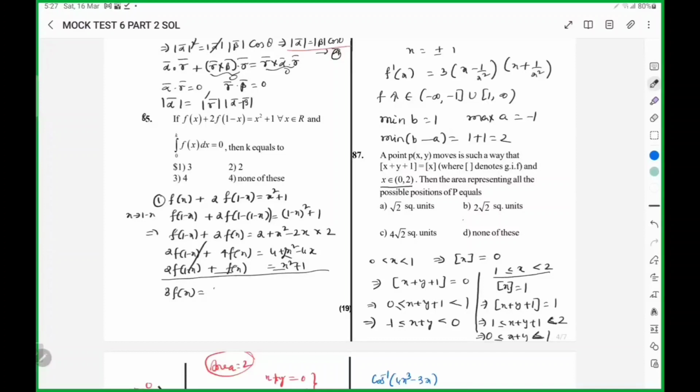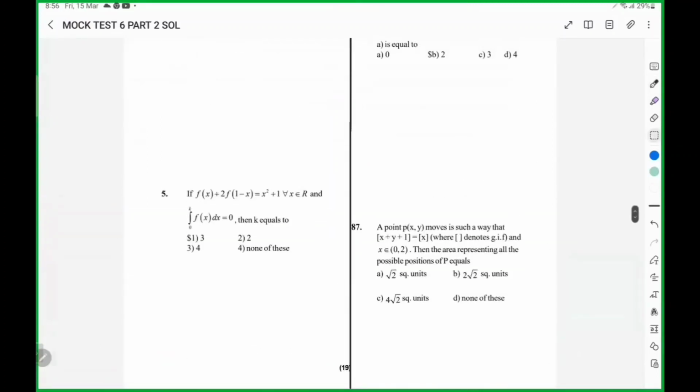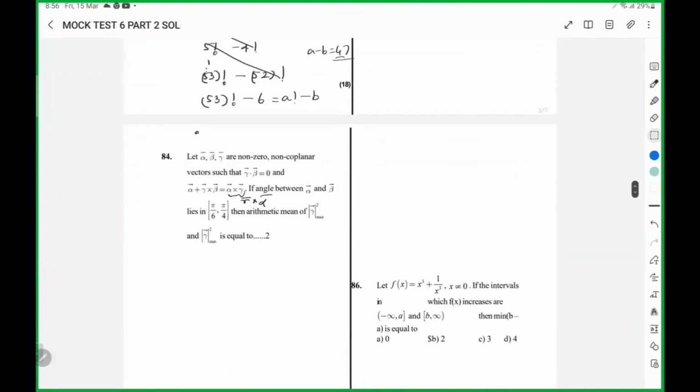Here Q3 is to 9, 18 plus 9. Here it is. So